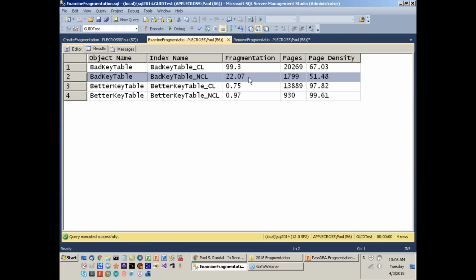Yes. It might be essentially the same fragmentation level as the cluster index key. So the smaller the range of non-unique values, the less likely your secondary key that's random is going to cause you a performance issue because of page splits on your non-clustered indexes. So I'm going to leave that fragmentation there. We're going to talk about removing fragmentation, and I'll come back and I'll remove the fragmentation. Unfortunately, it's hard to do really, really cool demos around fragmentation. So it is what it is.